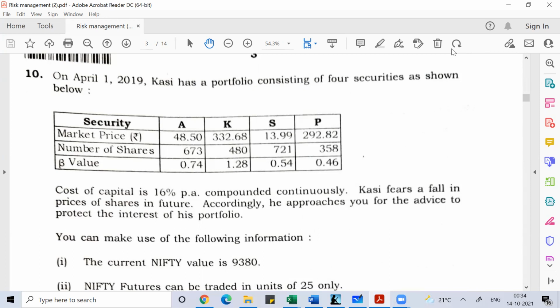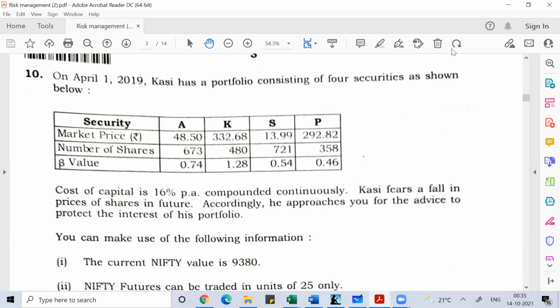So beta, what is beta? Beta is a factor which measures the systematic risk of the stock. If we have the beta of stocks, we can understand how sensitive the stock is with respect to the market. Those stocks which have beta more than one are aggressive stocks, and those stocks which have beta less than one are defensive stocks. So beta gives us a clear picture about the sensitiveness of the stock with respect to the market.